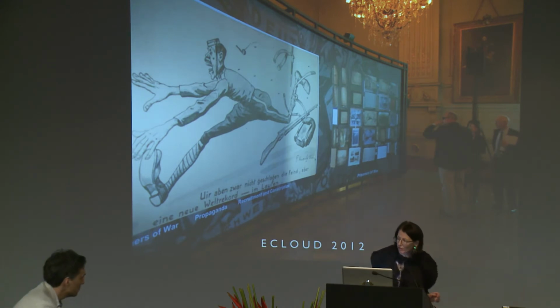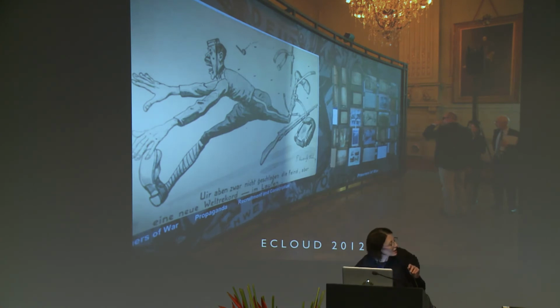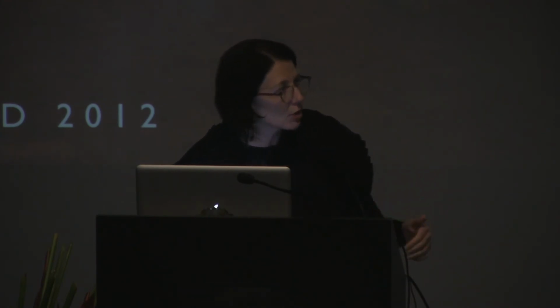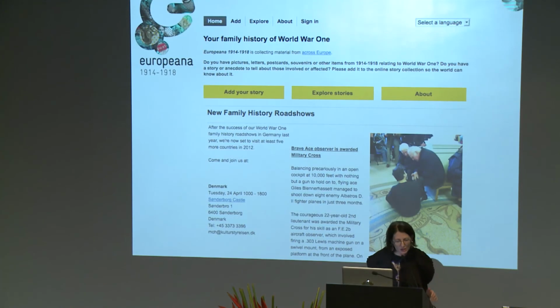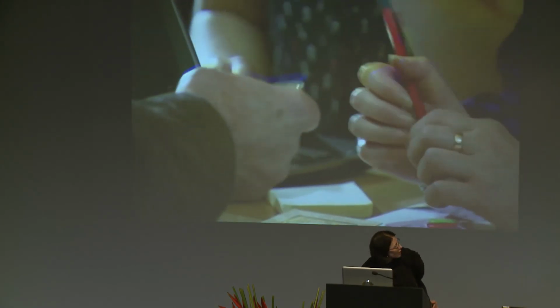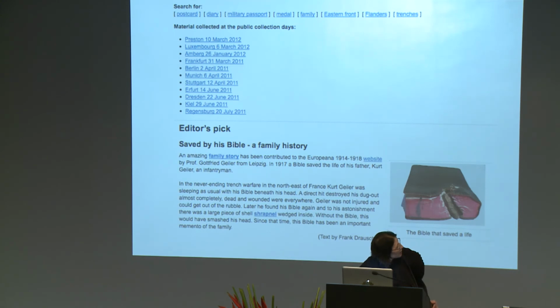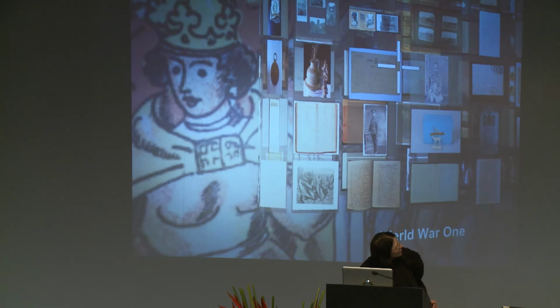So we'll just move briefly in the time that I have to eCloud. I've got 1 minute. This is internet data. We have done nothing to this data. It's harvested directly from the internet, and it's just reformulated on this screen. And so what I want to use this work to do, and what I would like you to do, is to go out in this space. We've heard about this site, so I don't need to go through it so much. Crowdsourced World War I material for Europeana. And I'll just jump to my last slide,